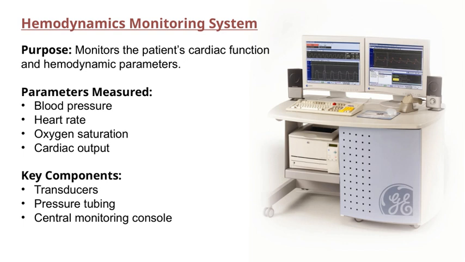Now, to make these measurements possible, the system relies on some essential components. Transducers are used to convert physiological signals into electrical signals that can be interpreted by the system. Pressure tubing connects these transducers to the patient, transmitting the pressure changes accurately. And all of this information is displayed and monitored on a central monitoring console, which provides a real-time overview of